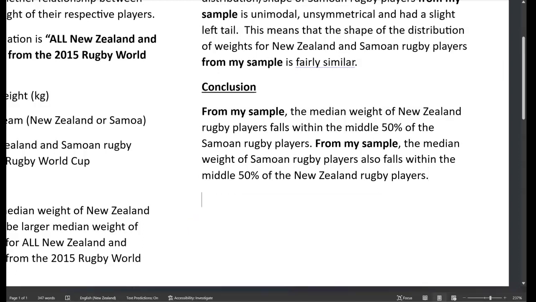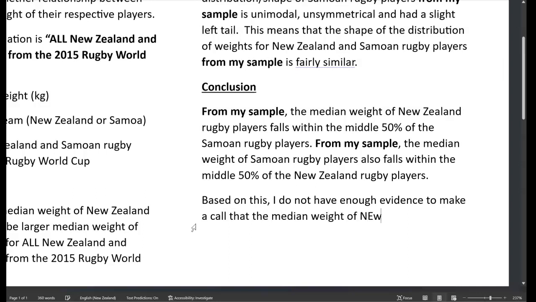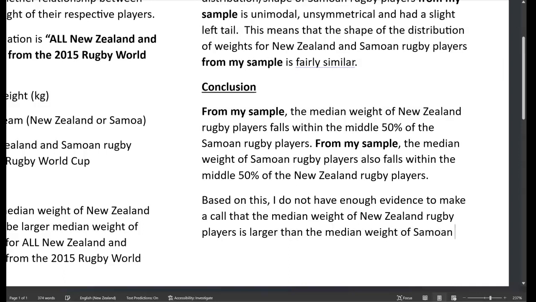So we now need to explain what that means. So that means I don't have any evidence that the median of one group is going to be bigger than the median of the other group in New Zealand, because the medians are pretty close to each other. They may differ. So based on this, I do not have enough evidence to make a call that the median weight of New Zealand rugby players is larger than the median weight of Samoan rugby players